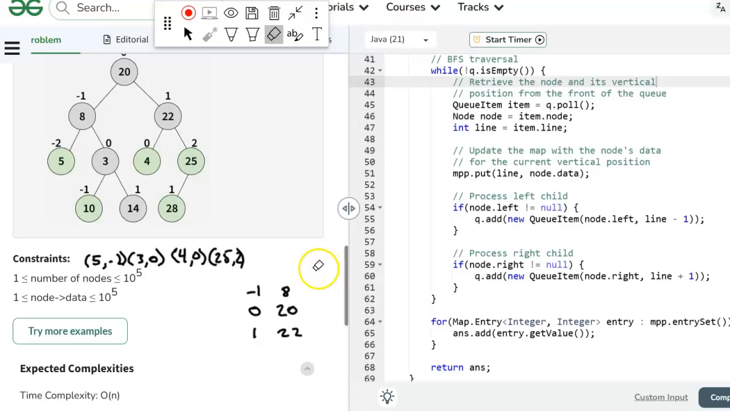Okay, put that in the map. -2 goes here, 5 goes here. Add the children of that node. Oh, it doesn't have any children. All right, that's good. So we'll just take it out of the queue. Next node,